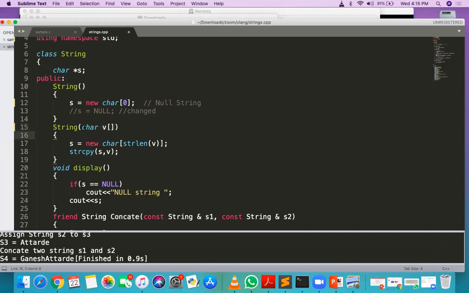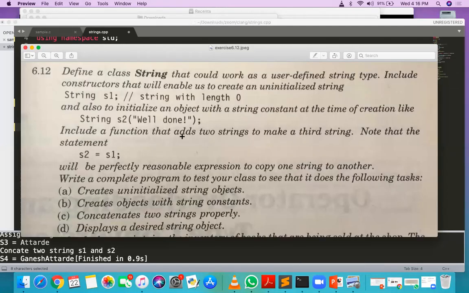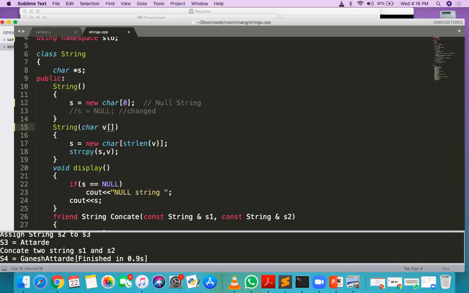So we are giving the input here as a character array. Whatever we pass when creating the object of the string, that character string is copied here itself. If you are passing "well done", then v contains "well done" here.